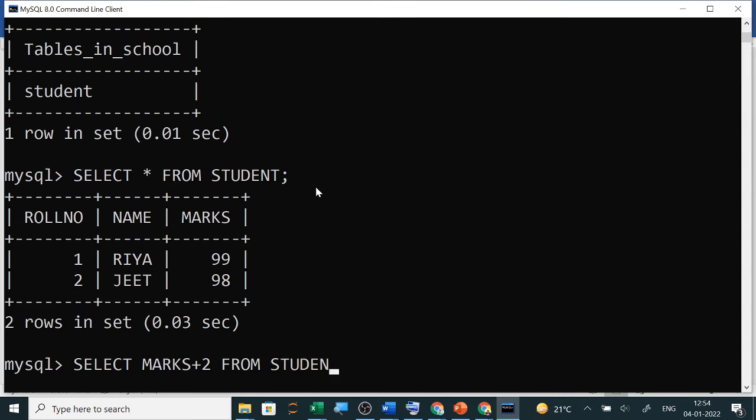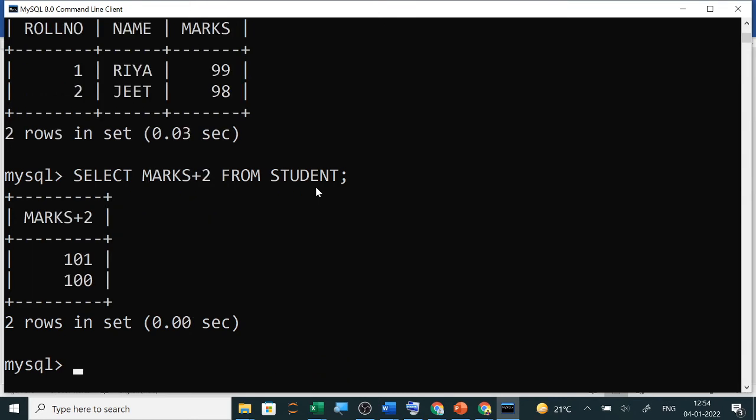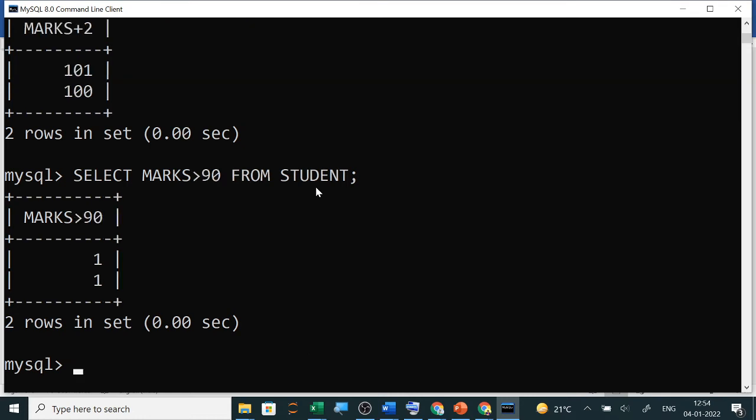So I can use all the mathematical arithmetic operators here. You can see it is adding. In the same way multiplication, subtraction. Now if I want to check how many of these students have got more than 90%, I will simply see marks and use the relational operator, marks greater than 90. You can see both have got greater than 90. So both outputs are true here.